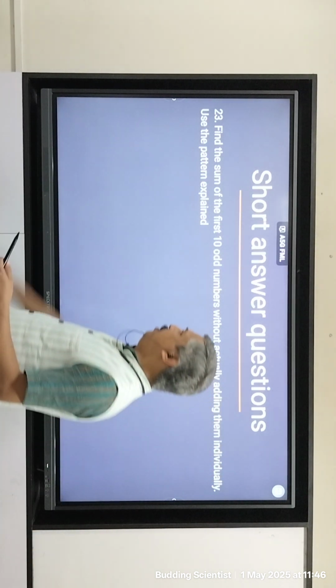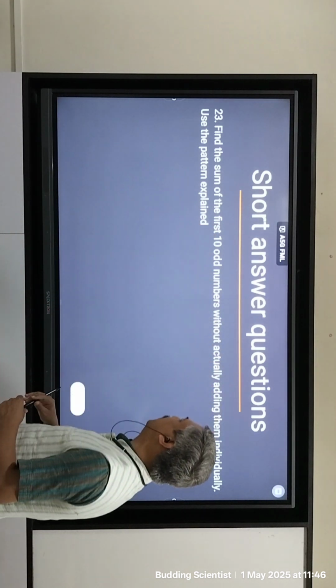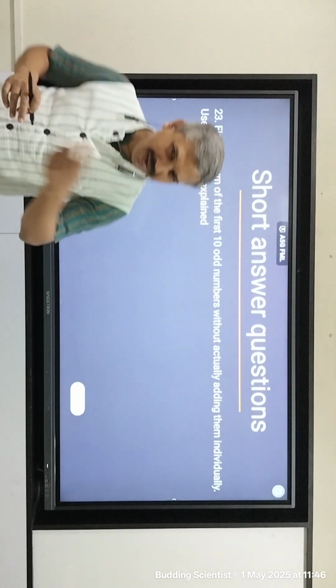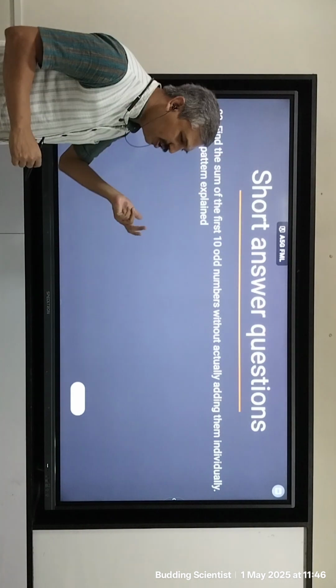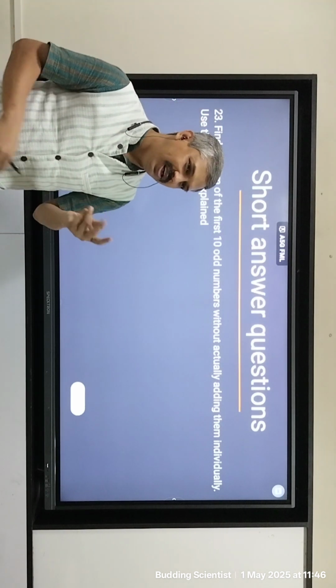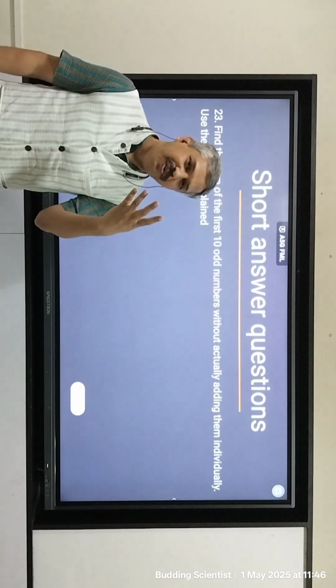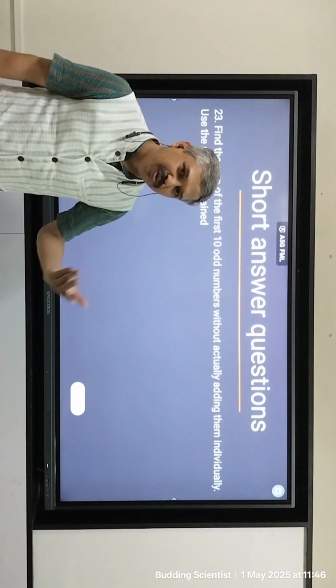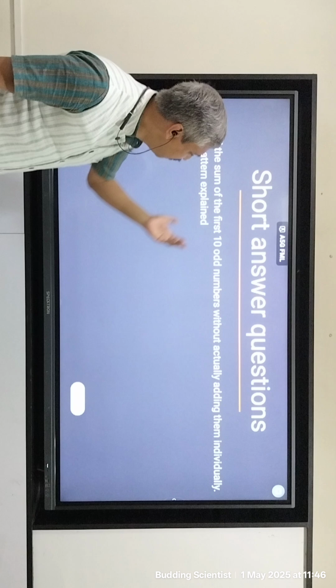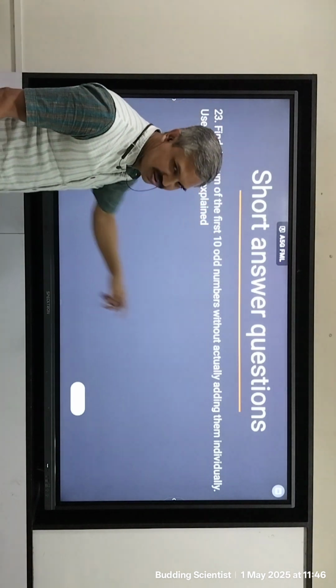23. Find the sum of first 10 odd numbers without actually adding them individually. You remember? If you add first 2 odd numbers, the answer is 2 square. If you add first 3 odd numbers, the answer is 3 square. If you add first 4 odd numbers, the answer is 4 square. If you add first 5 odd numbers, the answer is 5 square. If you add first 10 odd numbers,